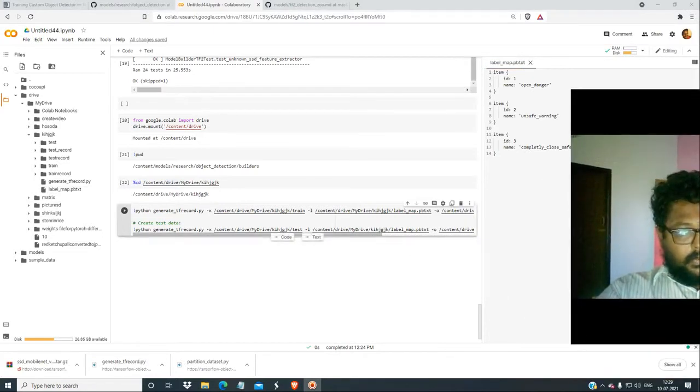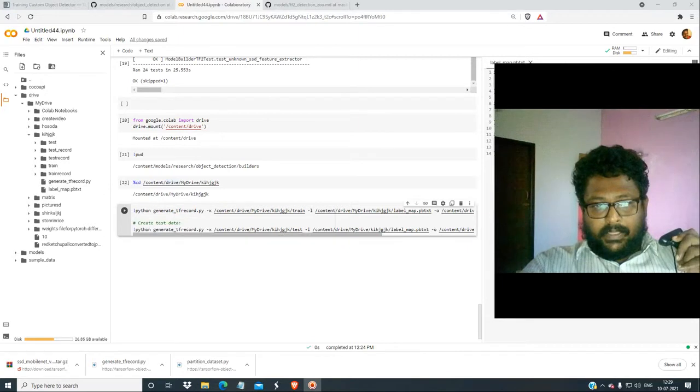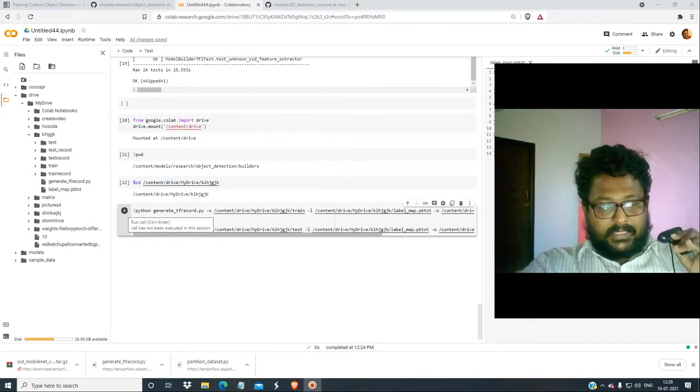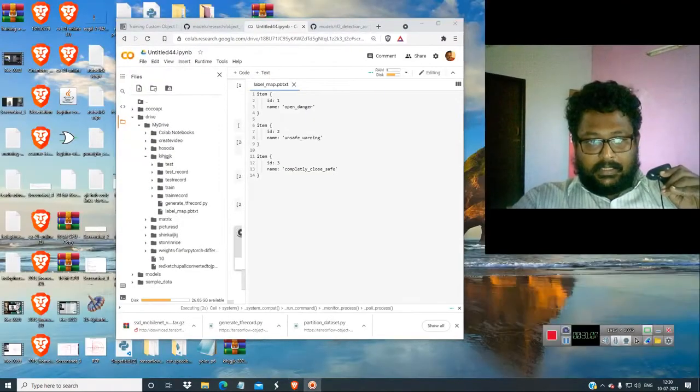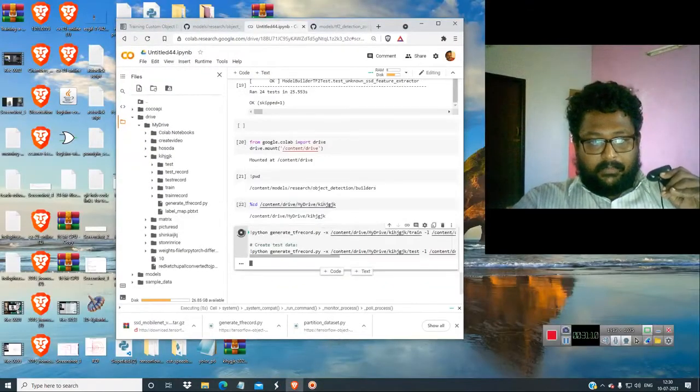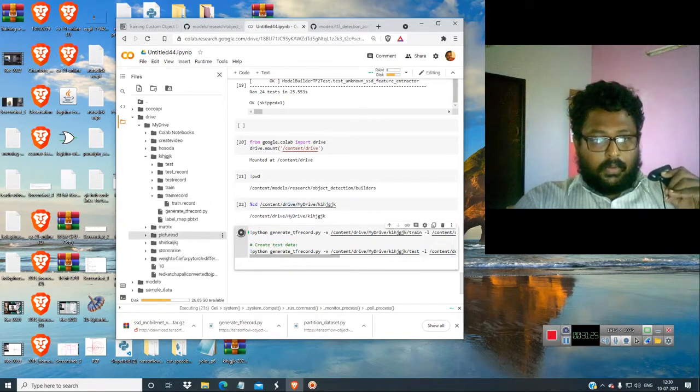So that's it, I think. This is the end of the tutorial. We have prepared the data set and created the TF record, and after that the pipeline configuration for the object detection has to be done. So we are just running this. Let's hope no error comes. It will take a very long time to create, so I have created it before itself. I have uploaded it on Kaggle, so the data set will be in the description below. We have just started to run it. So train.record, here is the file. It will take some time to do.